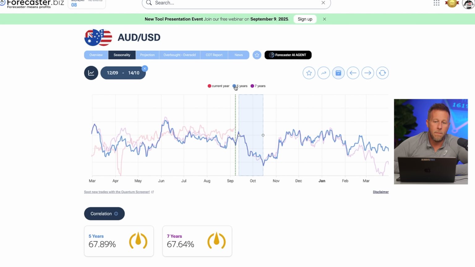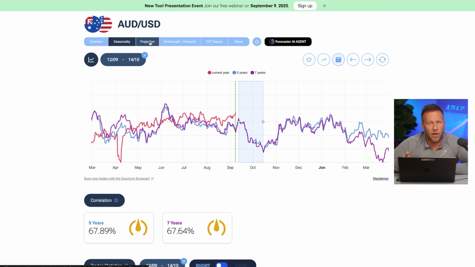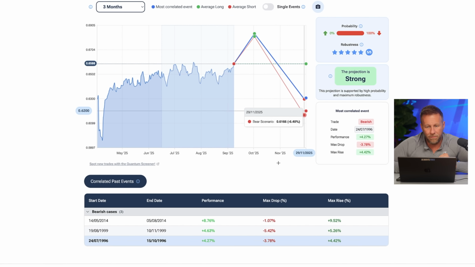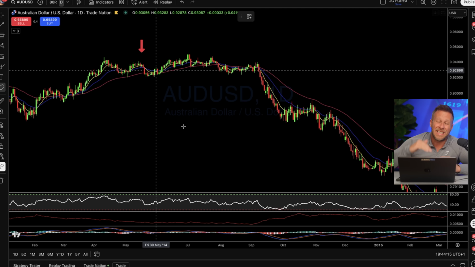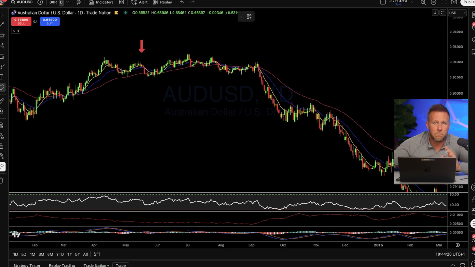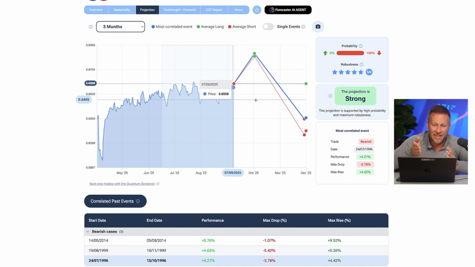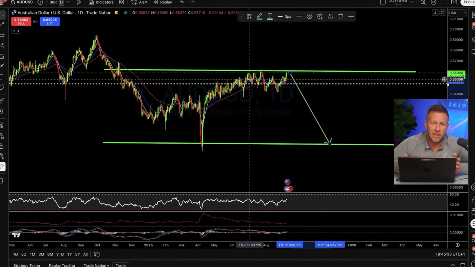And this is comparing multiple seasonality over the last 5 years and over the last 7 years and comparing that correlation in the behavior of price. And when you compare that with the projection, which is basically looking at what's happened in the last 3 months and finding those exact patterns in history and then projecting forward what's likely to happen next based on the average of those projections, this is phenomenal. Like, please don't underestimate this, okay? It is absolutely phenomenal. And all of this has taken me a few minutes to analyze, not weeks, not months, absolutely crazy. So those of you who are traders or investors, you can now use this.